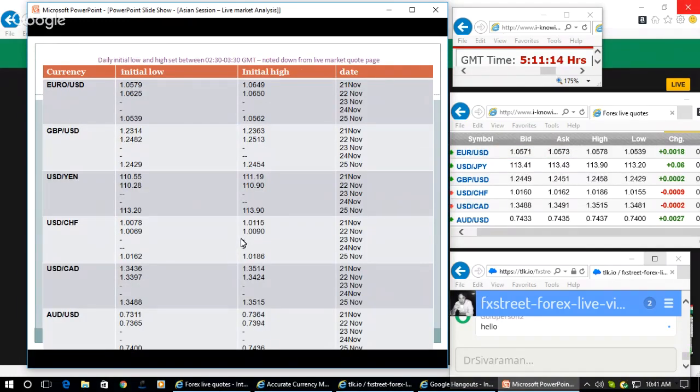Now coming to the market reading technique, I noted down the initial lows and the highs around 3:30 GMT. Euro formed the low 1.0539 and 1.0562 is the high. They just breached the high and are staying above, indicating that they are expected to slowly gain. And in the case of GBP, 1.2429 is the low, 1.2454 was the high. They have gone up to 1.2458 and come down,